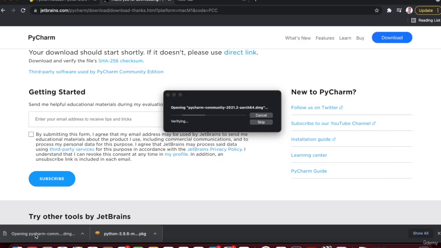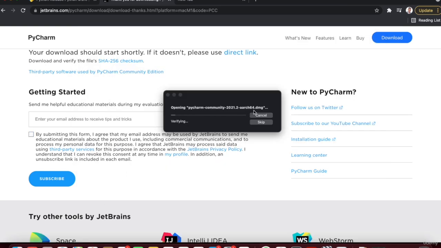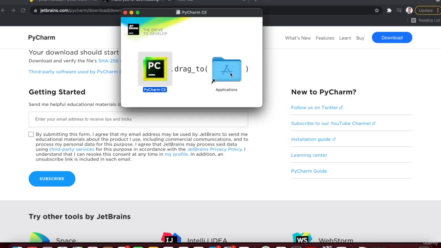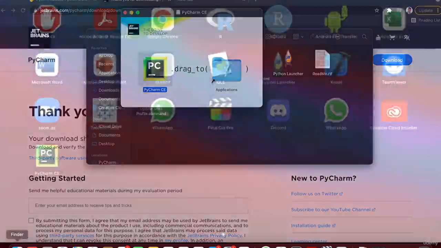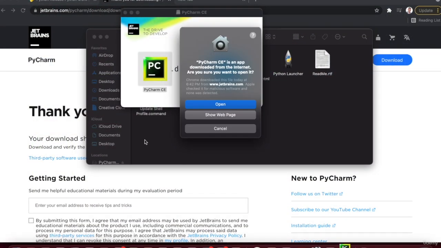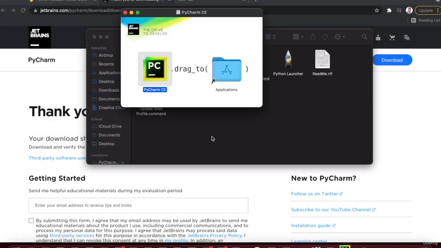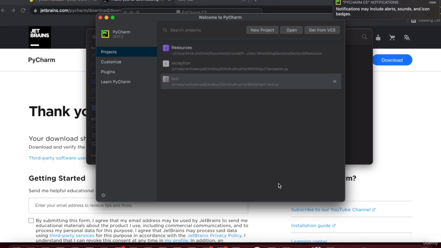So select the PyCharm file, and this is a DMG file in my case because I'm using a Mac. So then simply drag and drop PyCharm inside the Applications folder. Then go to your applications and you can simply select PyCharm and select open here. And you can see that PyCharm is now running on your computer, and now you're completely able to create projects